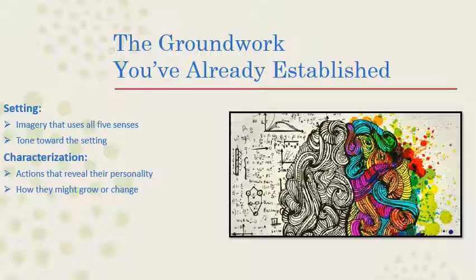And that might also help you clarify how they change or how they grow. If you don't have a clear idea of at least the direction that you think they should be changing or growing, it's going to be really difficult to tell any kind of story that means anything. It's just going to be a list of events that don't matter. And that's when you really get stuck. So you want to have that character with their personality, know kind of how they're changing or growing.